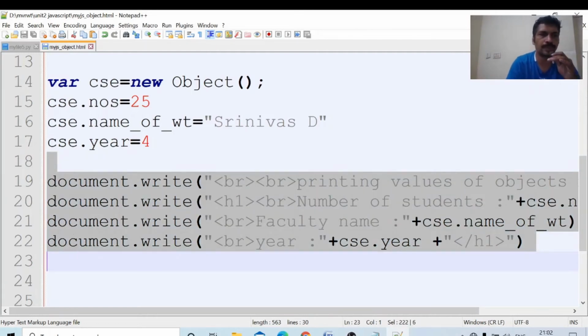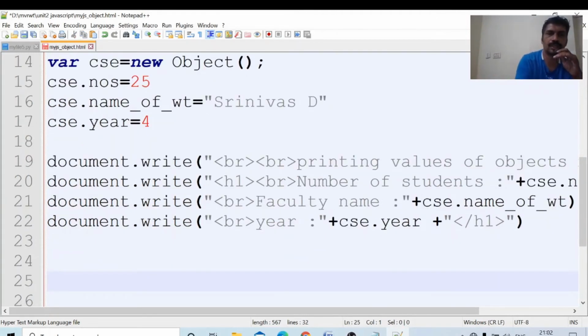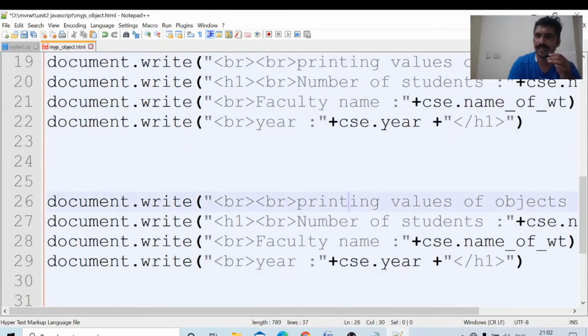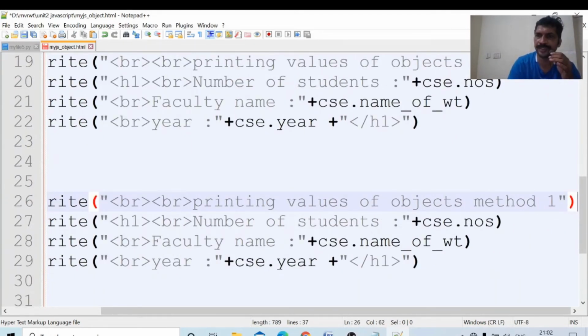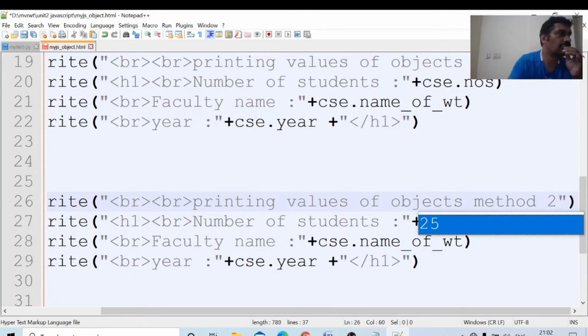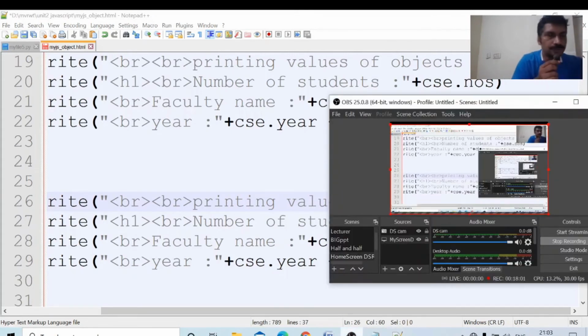Next, we will see the second method for printing the values. Same lines I will write. Document.write. I am copying all the lines. Control V. Printing the values of the objects method 2.